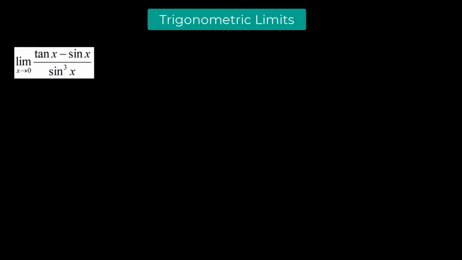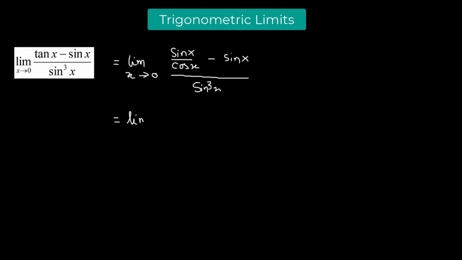So here we have a function given by (tan x − sin x) divided by sin cubed x. We have to find the limiting value of this given function when x tends to 0. Let us begin by first converting tan to the ratio sin x over cos x. So we have minus sin x divided by sin cubed x, which is going to be equal to the limit x